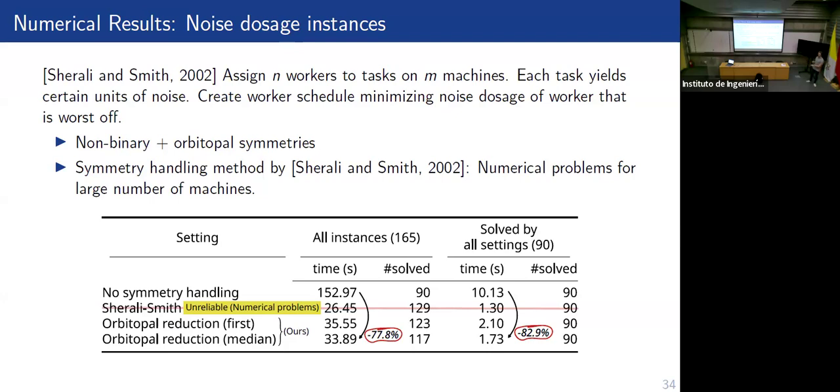So your solutions were better, or was it just that you're saying that the first LP wasn't numerically stable? That's what I'm understanding. Yes, they had linear constraints that have a very